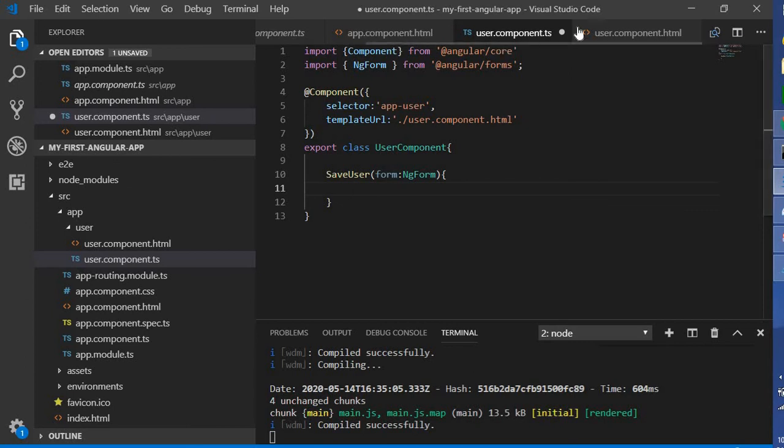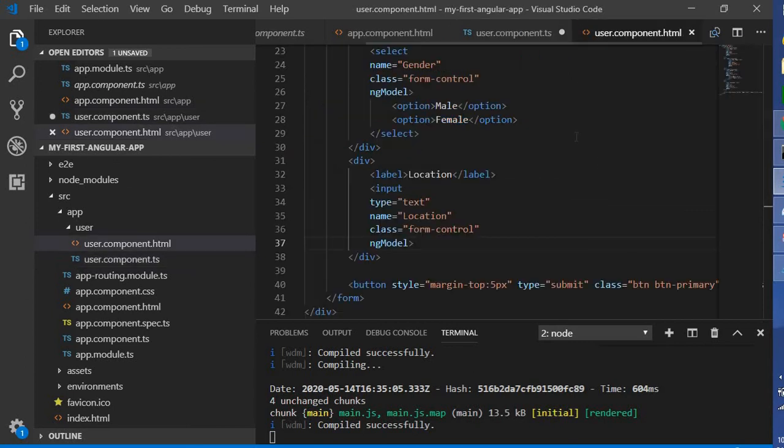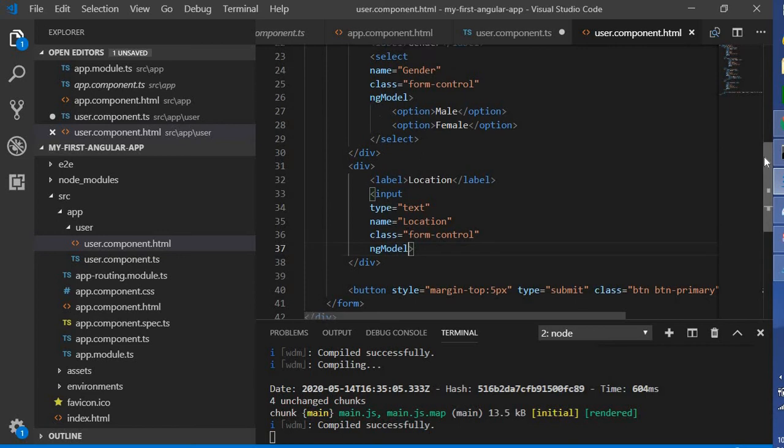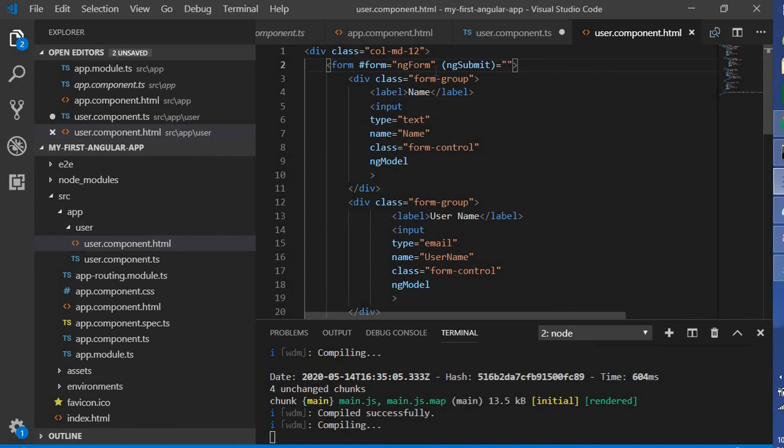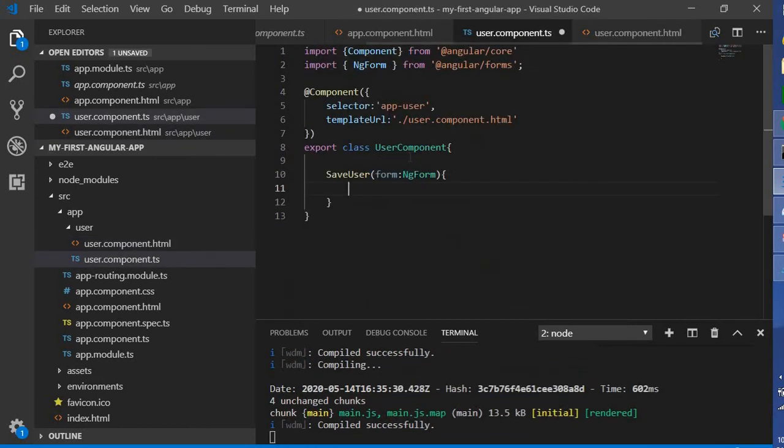Now let me go to the user component again. So we have a method, but where and how are we going to call it? For that, we can use ngSubmit as an event. To this event we can pass our method. What is our method actually?